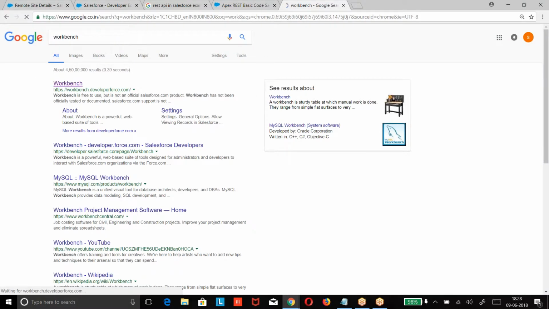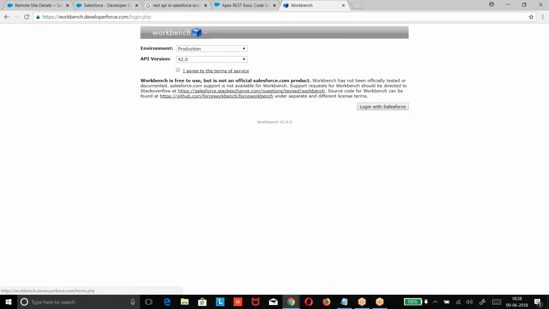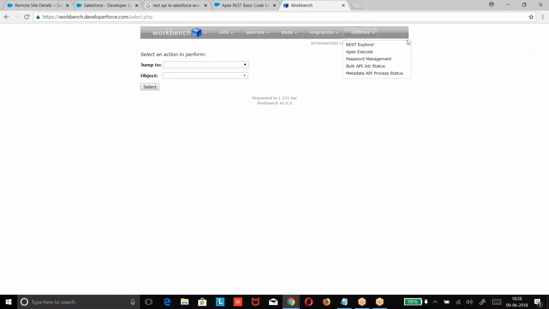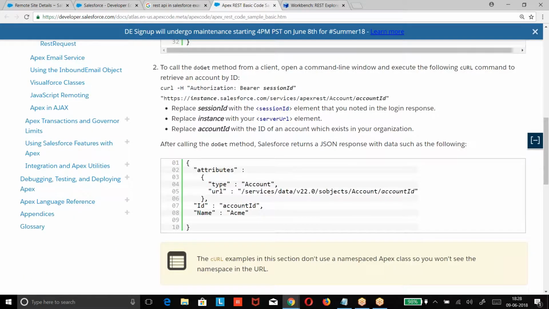Go to workbench. REST explorer. Now understand what URL we have to give. If you want to make a request, this is the URL.